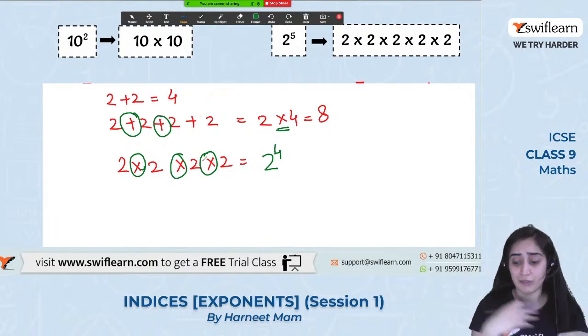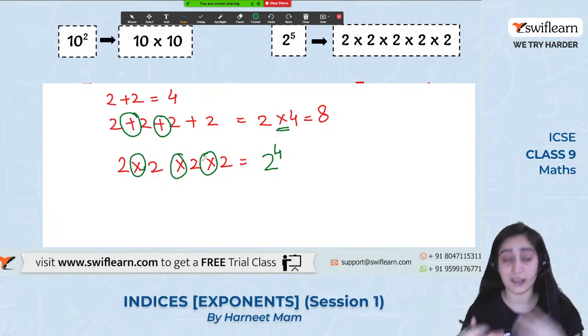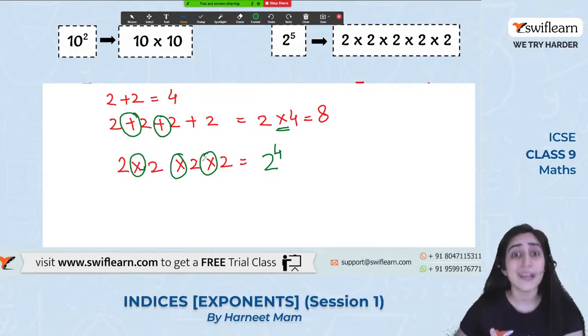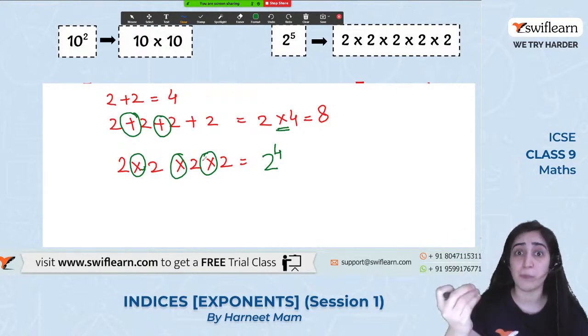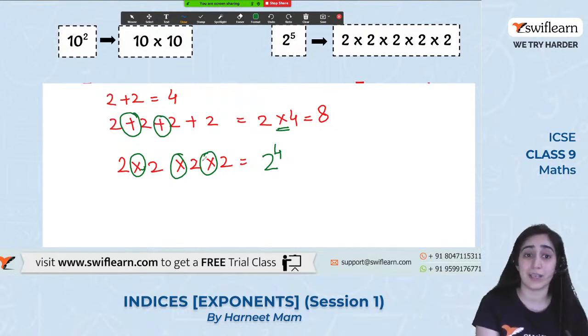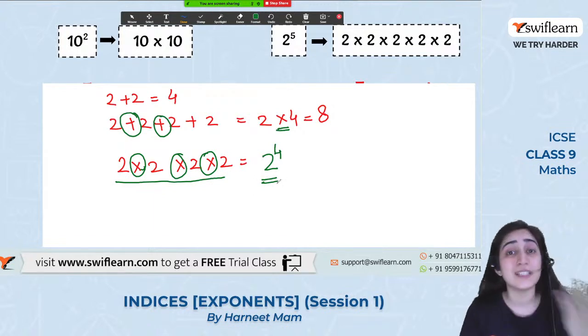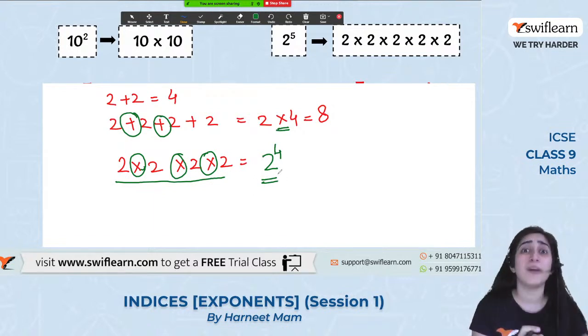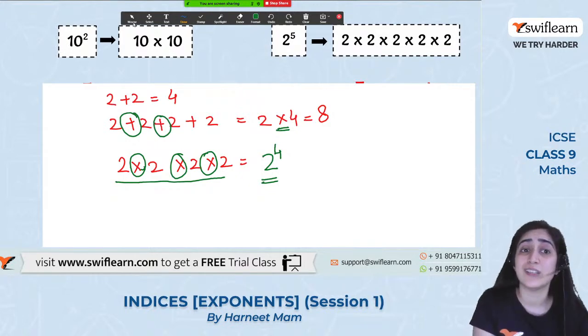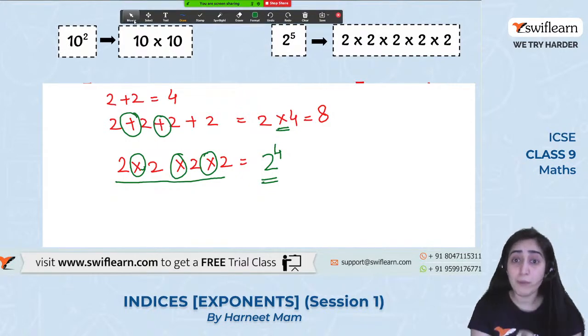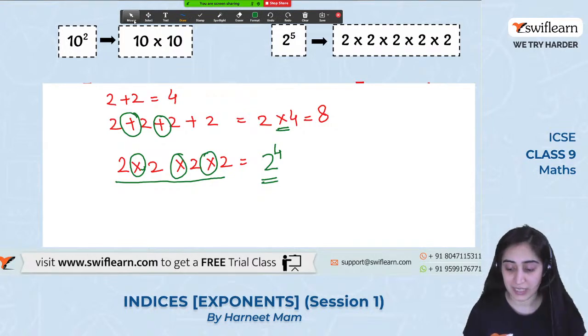Now we realize that we are multiplying the same thing again and again. Then we got to know that what to do next. So we said, okay, we'll make it to the raised to the power. So this means that we are multiplying the same subset and we are not writing such big. Instead, just in one step, we can write it. That is what is all maths about. हमारी चीजें easy बनाने की कोशिश करते हैं, इसलिए maths की नई नई चीजें invent हो जाती हैं. So when you know the base, when you know what is happening, it becomes easy.